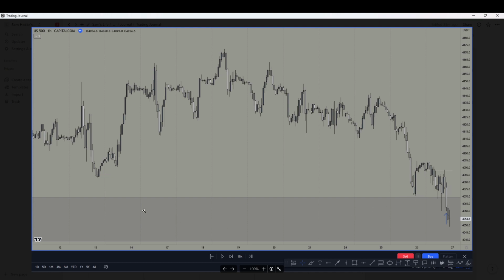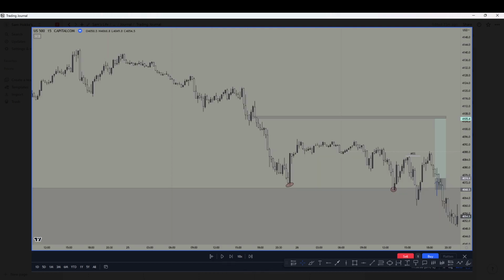After taking out this major sell side and taking out the low of the previous day and having a small shift in market structure here above this high, I thought, alright, we're gonna get back into the range that went into the weekly fair value gap and made a shift, and from there on we can target this buy side liquidity and get back into the range and ultimately target the buy side liquidity here. As we can see, it didn't happen. But let's first go over my thoughts and my reasoning behind this trade.